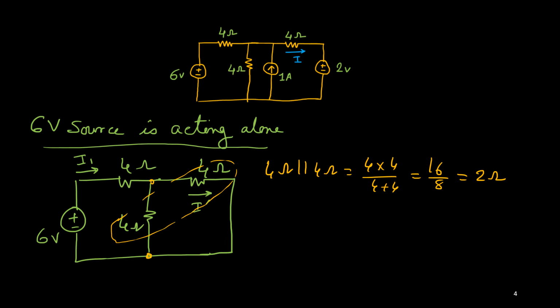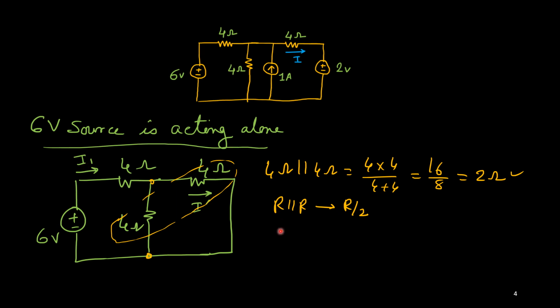So simply we can say that if two resistances are the same and parallelly connected, R parallel combination R will give you R by 2, that you know. That quickly we can go for. So this is your 2 ohm resistance. So this 2 ohm and then 4 ohm, they are in series, right? So this 4 ohm followed by 2 ohm in series. So total resistance will be 4 plus 2 is 6.